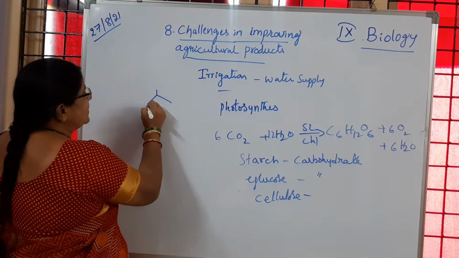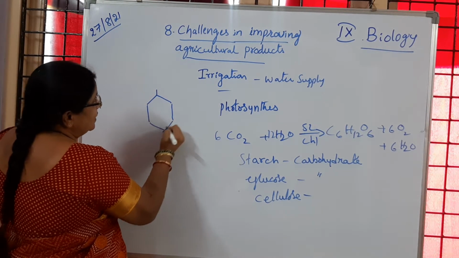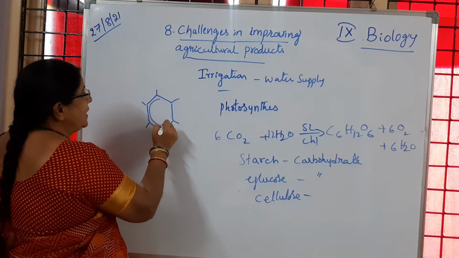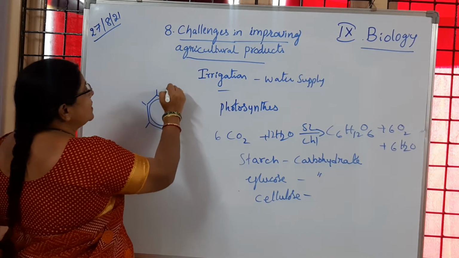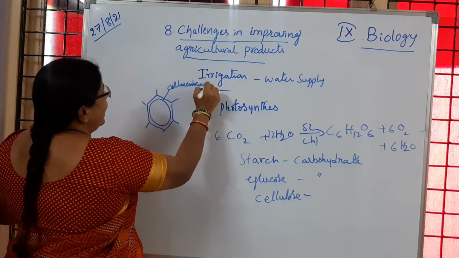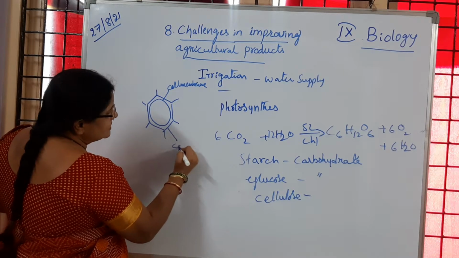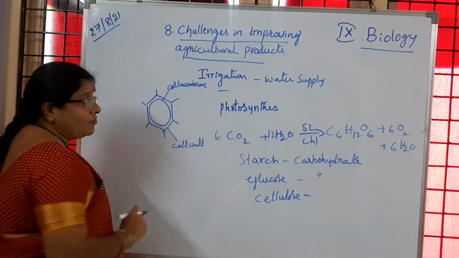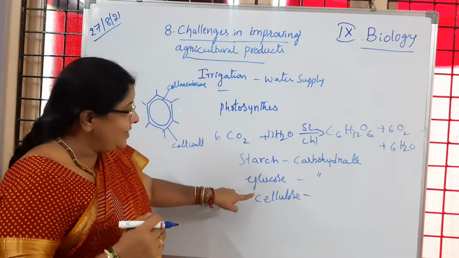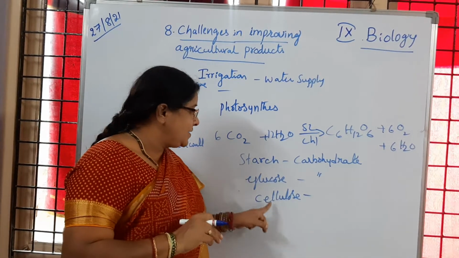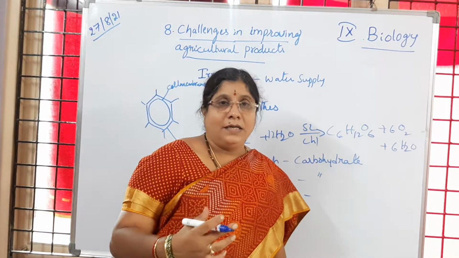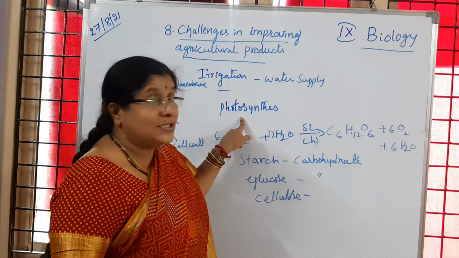The plant cell diagram you learnt in the first lesson, or not? The outermost layer of the cell, which is present above the cell membrane. So this is the cell membrane, and the outermost covering is called the cell wall. We are observing a rigid cell wall. For the formation of the cell wall, cellulose is needed. Many chains of starch molecules form the cellulose. So different types of carbohydrates are formed in plants by the process called photosynthesis.